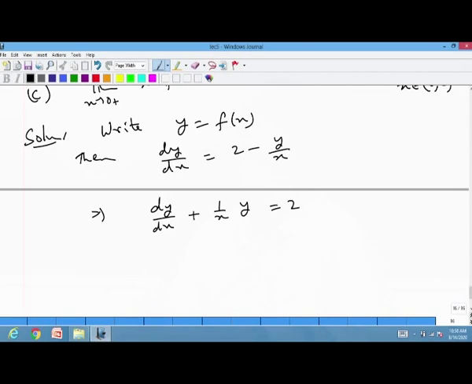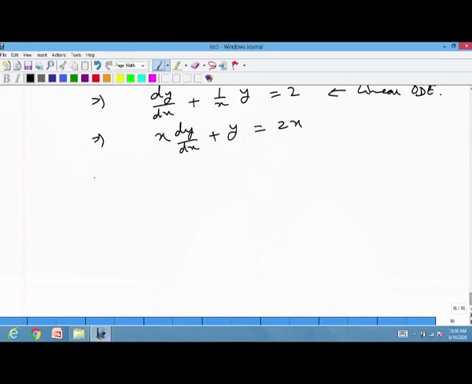So, this is a linear ODE. So, we know how to solve. In fact, in this case if you multiply this by x, this gives x times dy dx plus y equal to 2x,